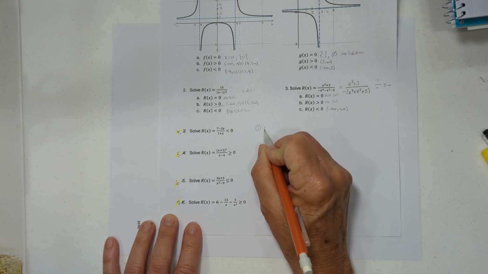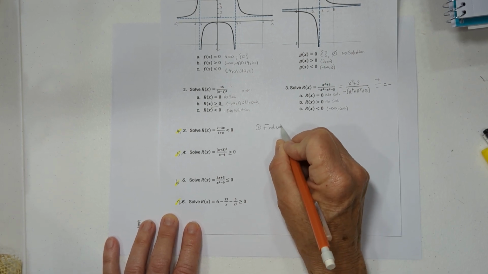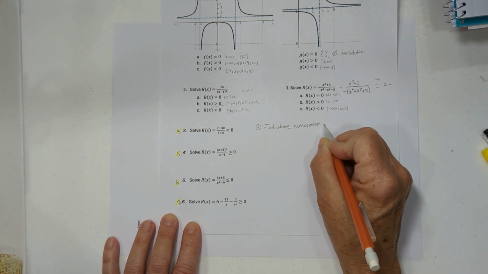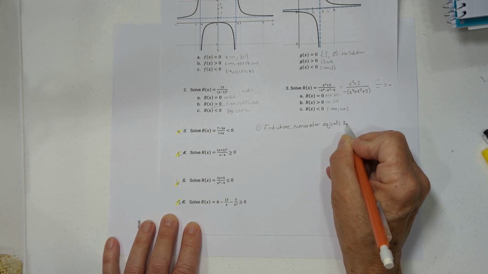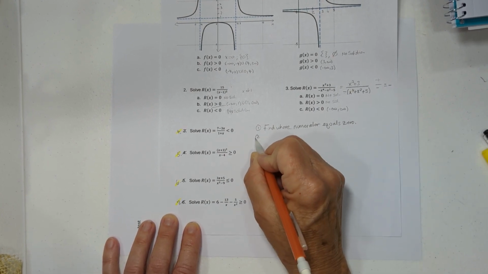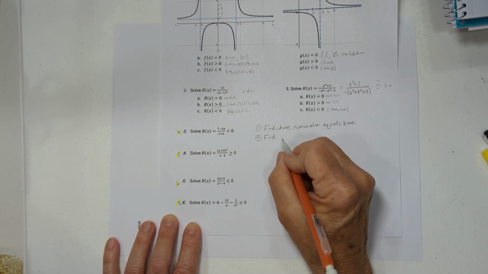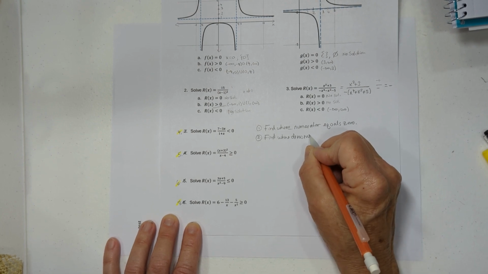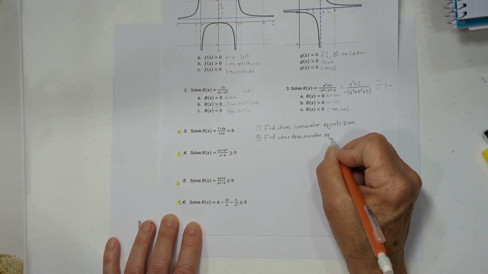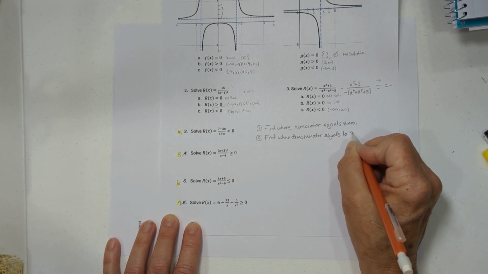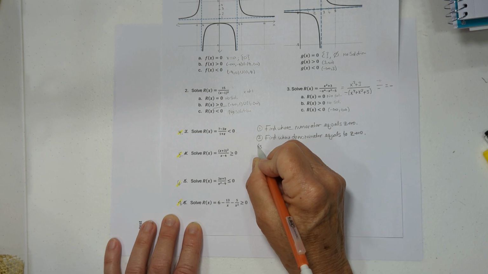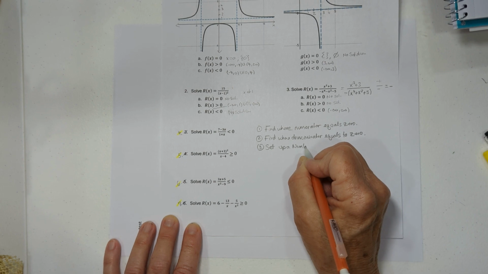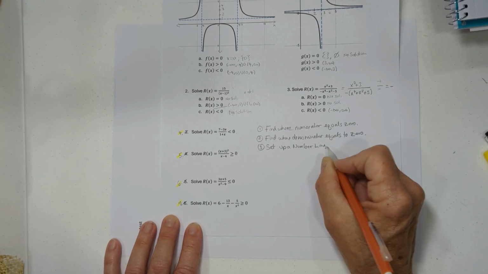One, you'll find where the numerator equals 0. Number 2, you will find where the denominator equals 0. Number 3, you'll set up a number line and indicate